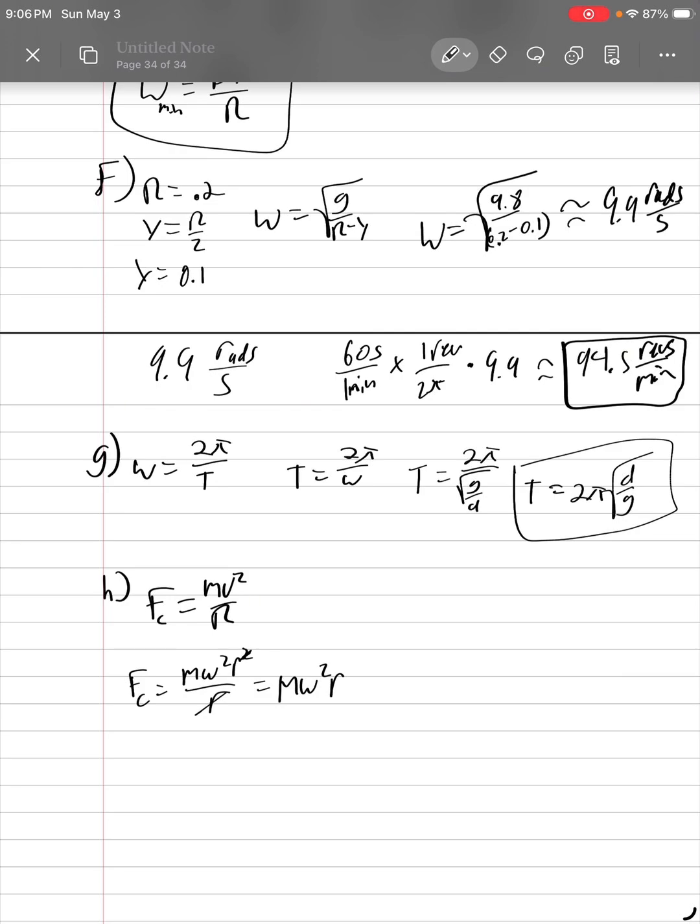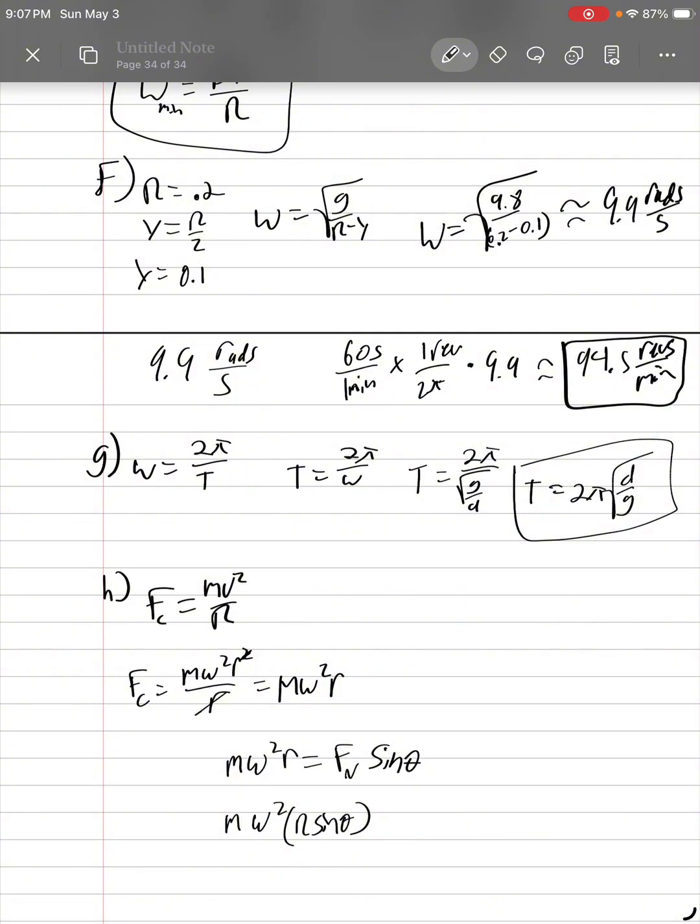And so from here, we're going to take m omega squared times r and set that equal to Fn x, which is the same thing as Fn sine theta. And so we're going to have m omega squared times r sine theta,